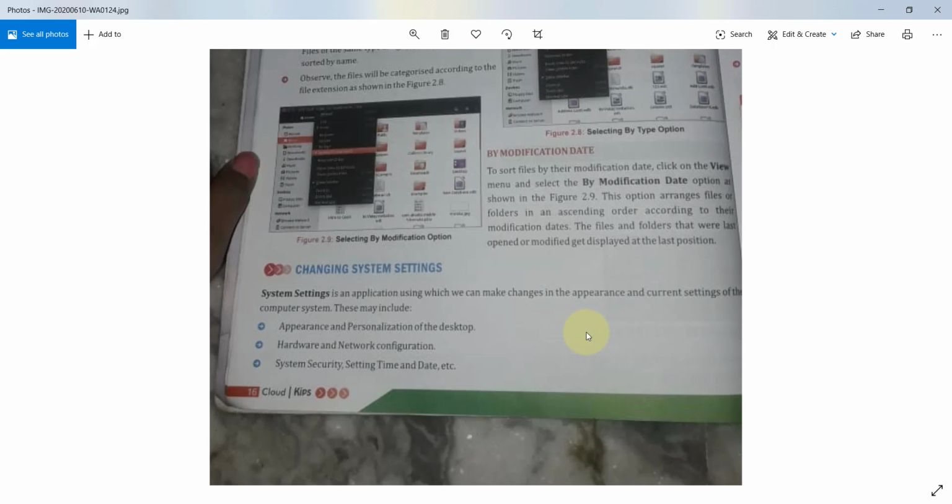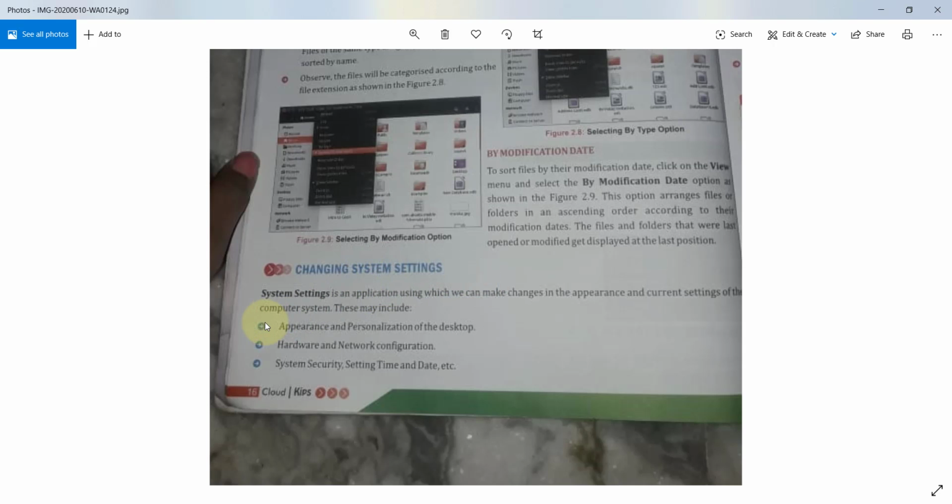It includes appearance and personalization of the desktop, hardware and network configuration, system security setting, time and date. So we can change the appearance, we can also configure the hardware and network configuration, and we can also change the time and date, etc. This comes under the system setting.